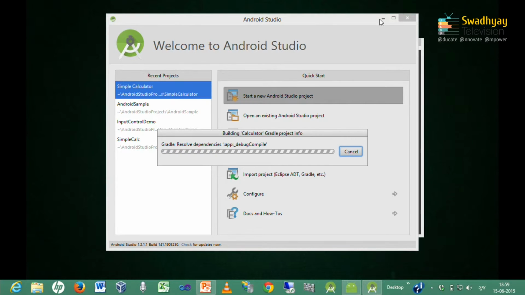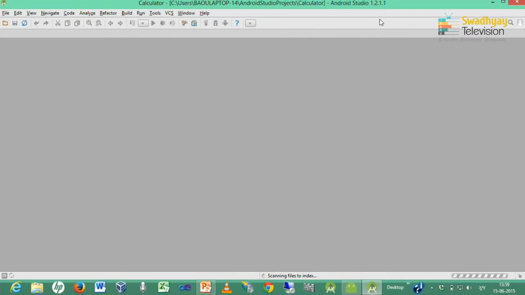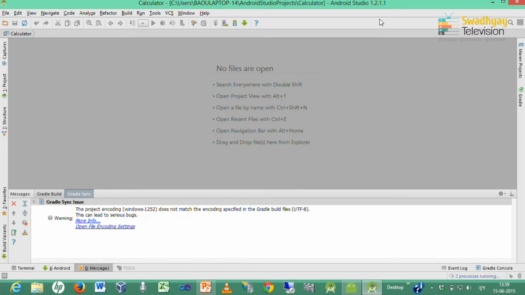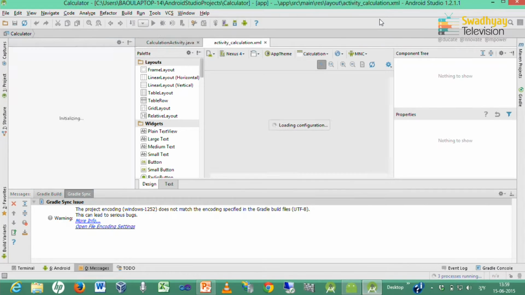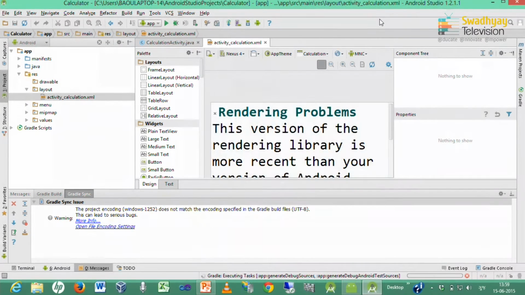Now once it is done, this welcome screen goes and the Android Studio IDE screen will open with the content that we have specified. It creates an activity for you, one blank layout for you, and then you can easily start your app.